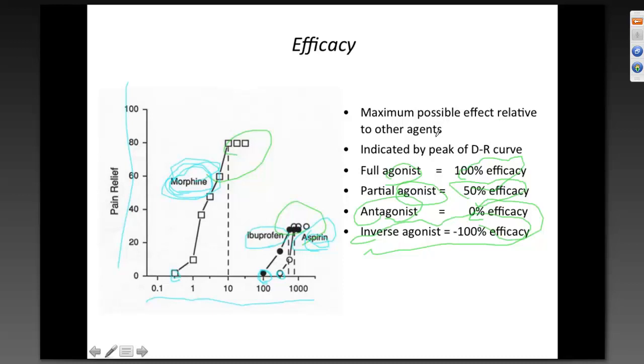An inverse agonist sometimes, with H2 blockers for instance, an H2 blocker will block the histamine receptor so that histamine never gets a chance to activate and release acid, okay? As opposed to something that would just block,